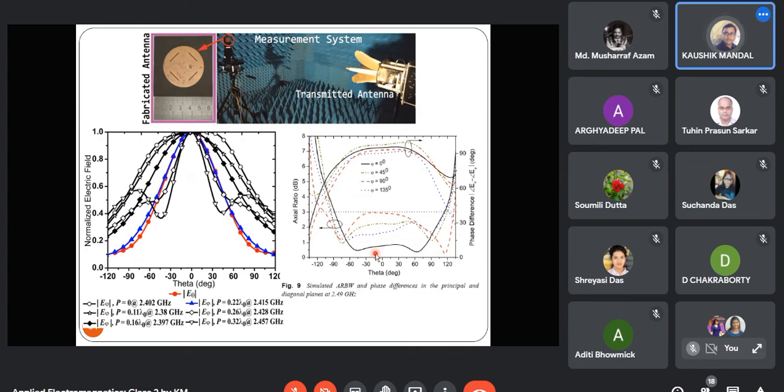So there is a threshold level to use a particular antenna as a CP antenna, that is the limit of threshold level of axial ratio of 3 dB. If the axial ratio is less than 3 dB, then you can consider that the antenna is circularly polarized. And this is the measurement setup shown in a particular anechoic chamber. I'm not going into this particular point.